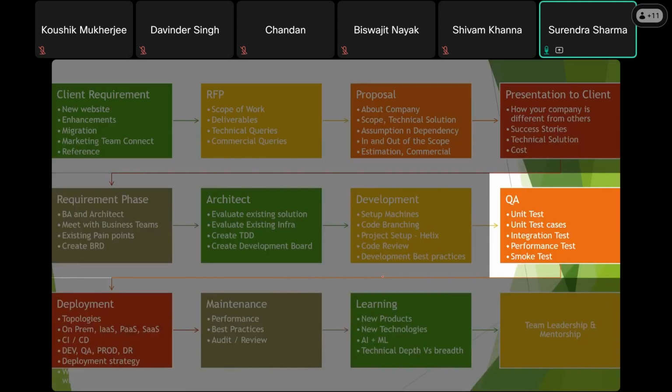Now, once your development is done, after every sprint, your QA will test. So on the QA side, as an architect, we don't need to do much. We don't need to contribute anything here, because the QA team will do their unit testing. They will check the integration testing. Maybe on the performance side, they may need the architect's help to identify what the different NFRs are that are specified by the client, and how we have met them,